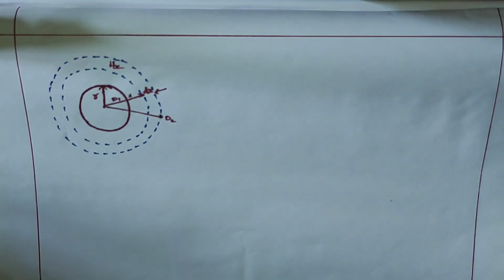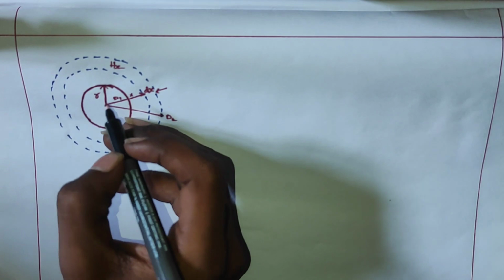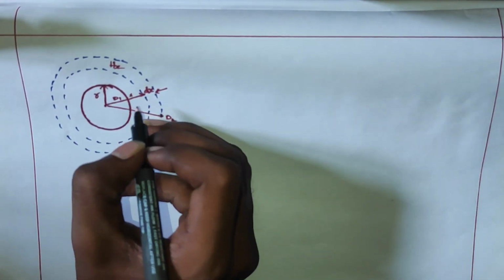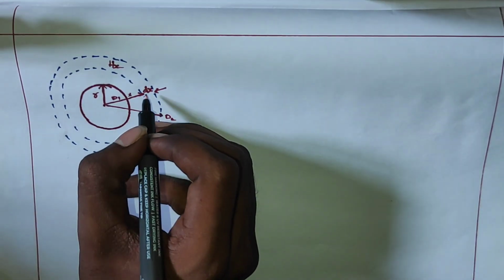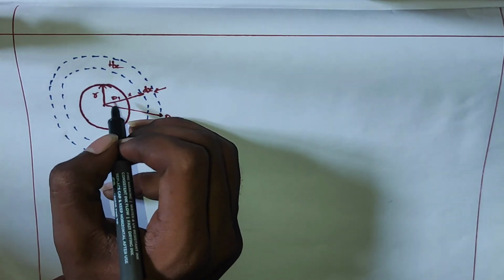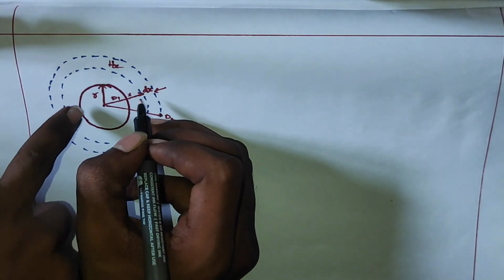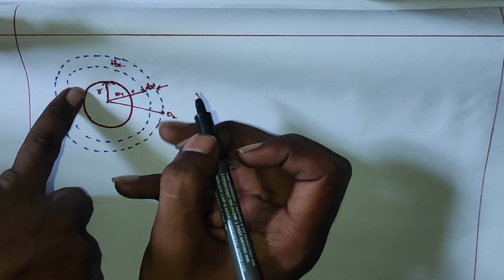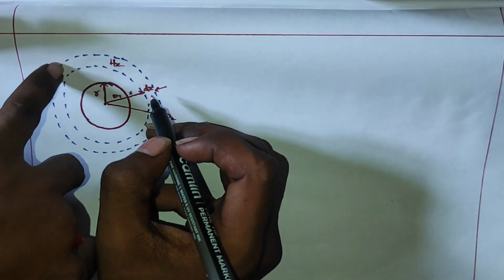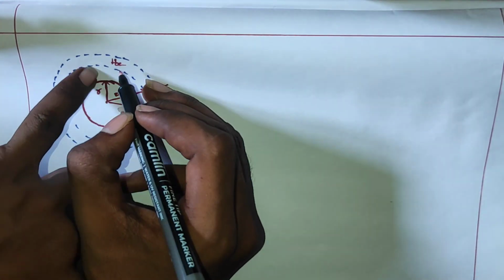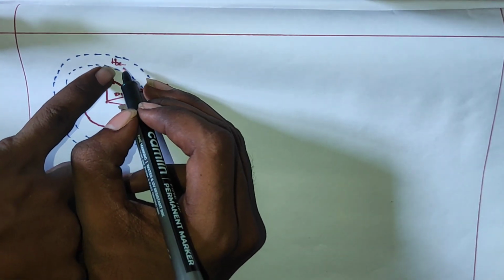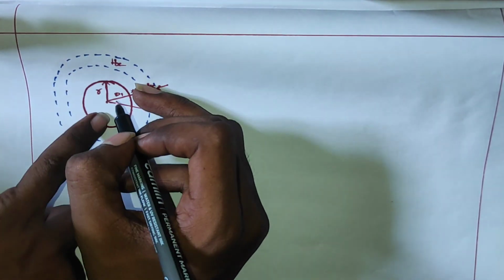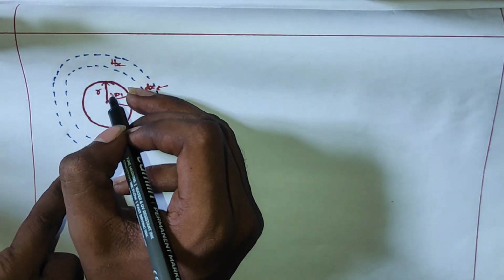Coming to the derivation part, I took a conductor which has some radius r, and I have taken some dx portion over here, which is x meters away from the center of the conductor, and it is external to the conductor. Why? Because we are dealing with external flux linkage, right? Within this field we have some Hx, that is the magnetizing force, and this Hx is due to the current that is flowing through the inside of the conductor.